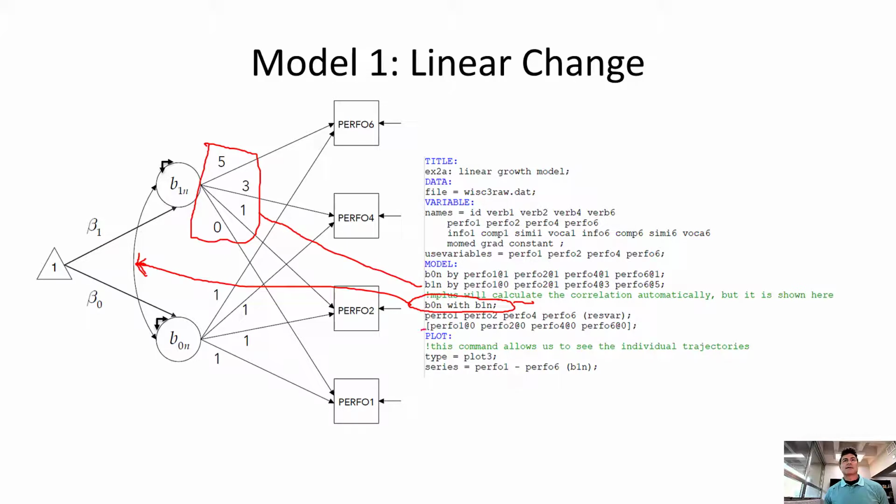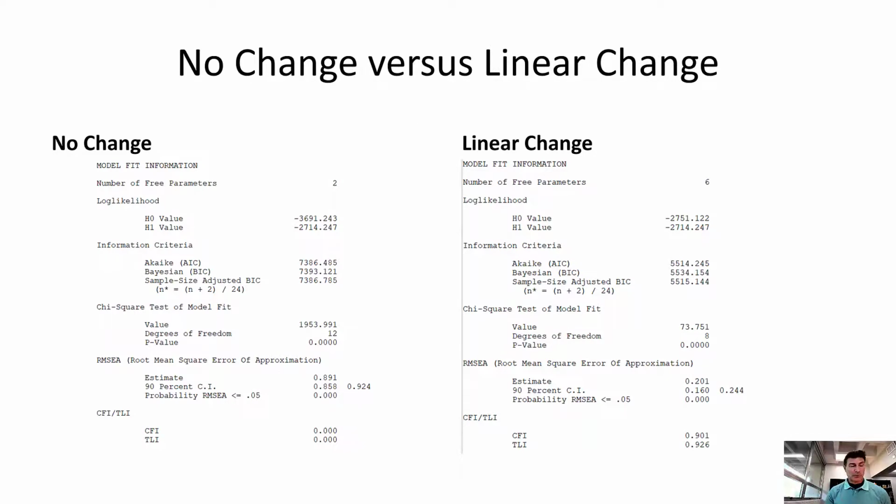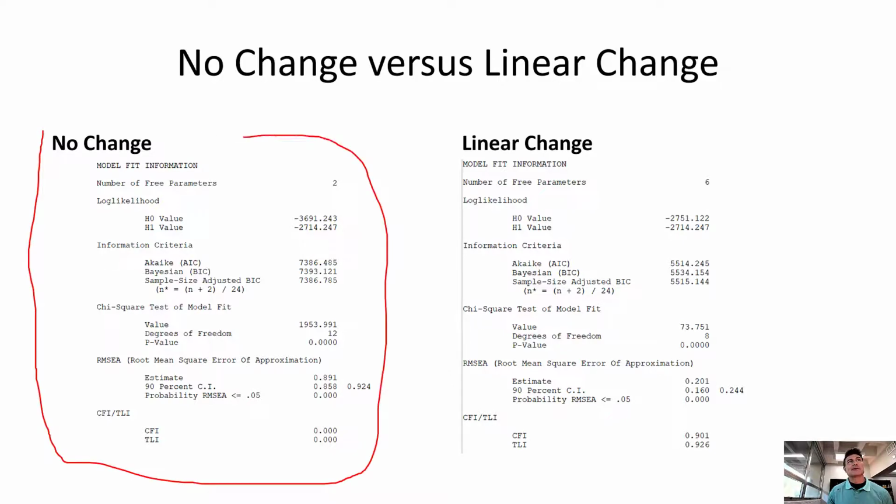The other thing that I added is this plot command, and I'll show this in our workshop. But this gives us some interesting plots that we can look at. Again, not needed to run this analysis. All right, so we're building these models. We want to see, is this model a better fit than the first model? So here's our no change model. That was the intercept only. We had really bad RMSEA. I don't know if I've ever seen it that high before. And I've run some pretty crappy models, but that's maybe a record.